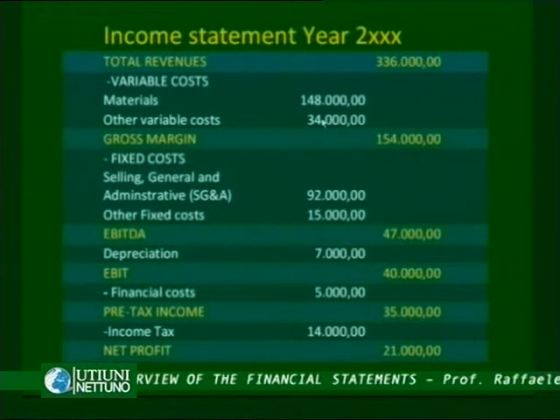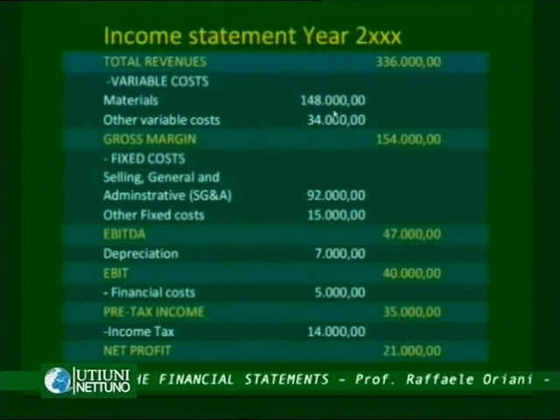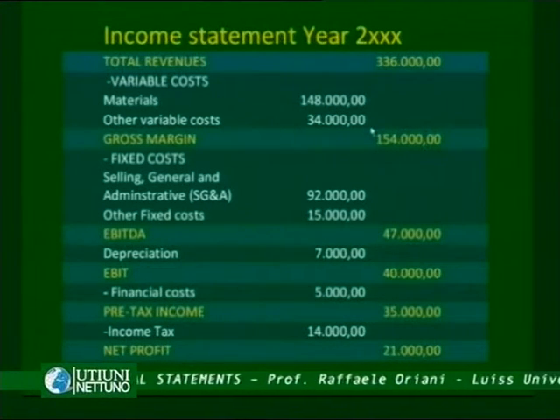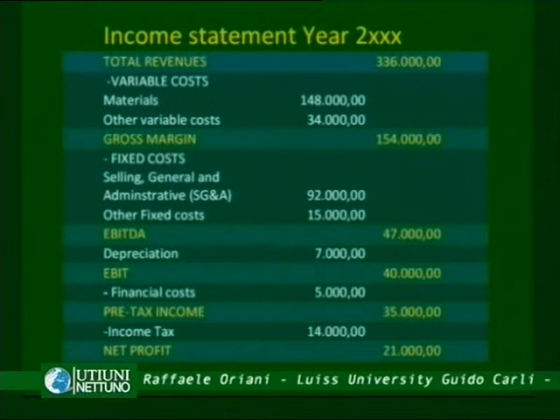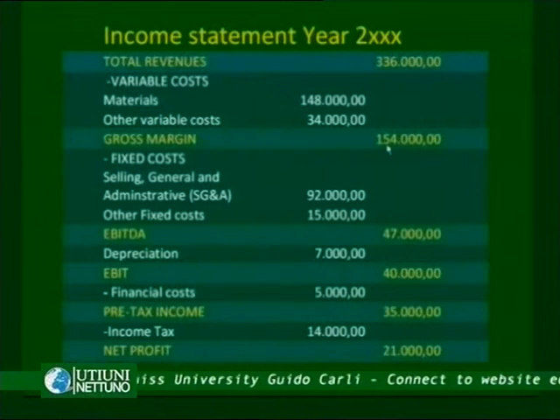Here we find two possible types of variable costs. We could find more, but in this particular example we have two types that are materials and other variable costs. So we have materials costs for $148,000 and we have other variable costs for $34,000. So the first margin that we find here is the gross margin, that is the difference between total revenues and variable cost, and is equal to